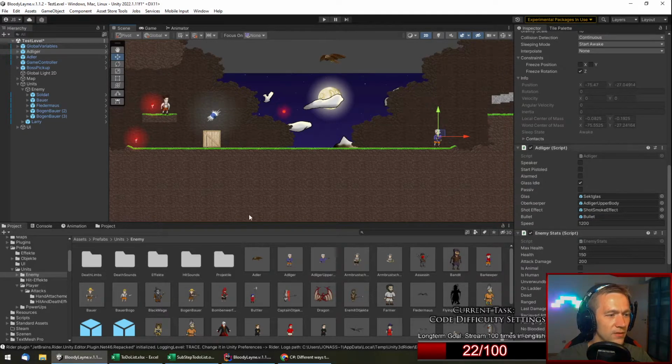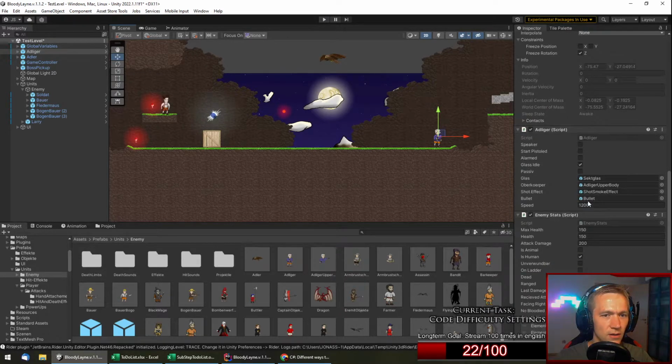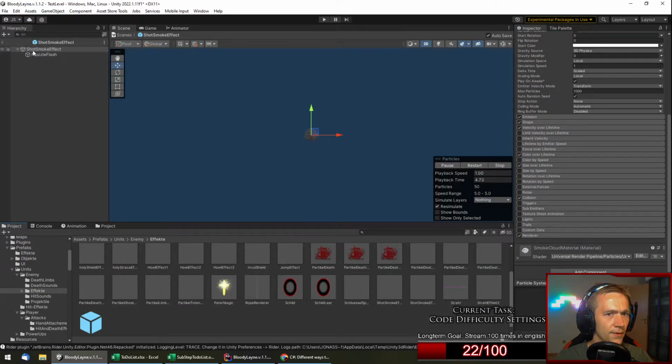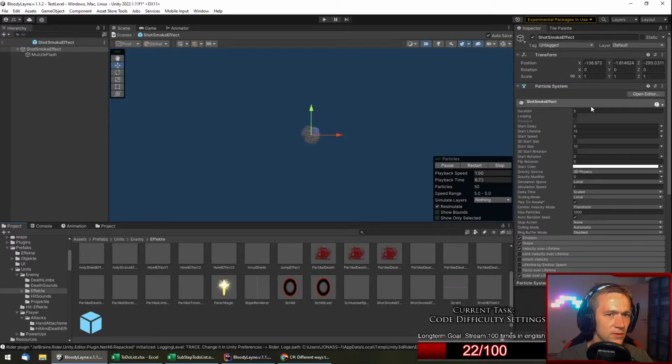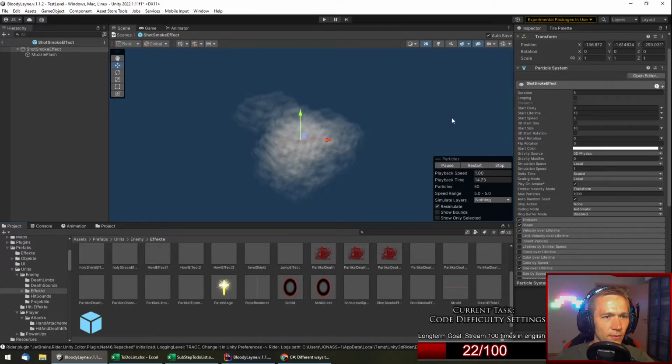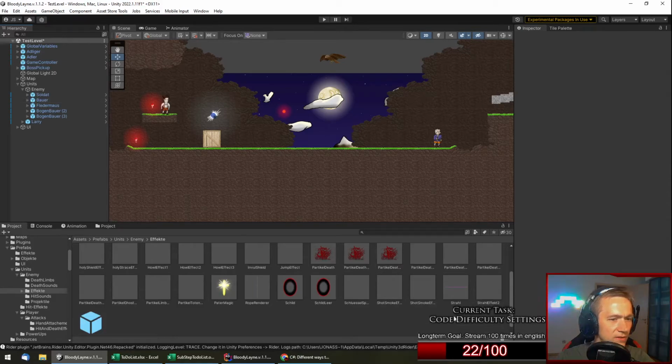Oh, I forgot something. The noble has this little smoke effect here. This one. And we have to set the duration of this, the lifetime of this, differently. Now, as you see, the lifetime of this is 15 seconds. This is really long. So let's drag this into the game